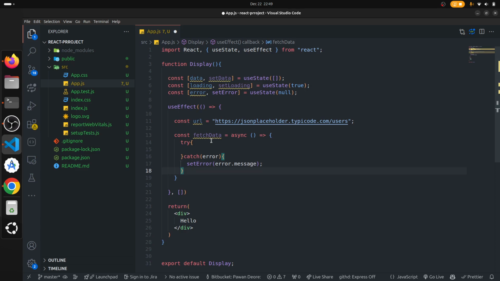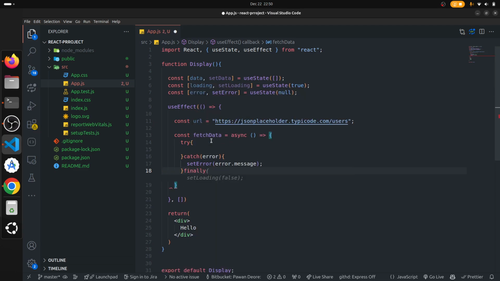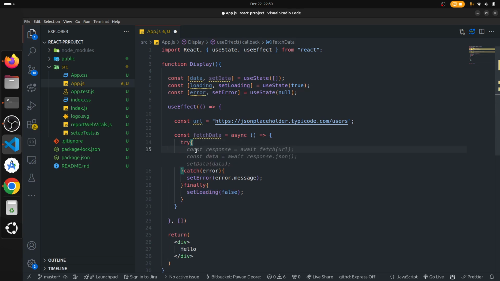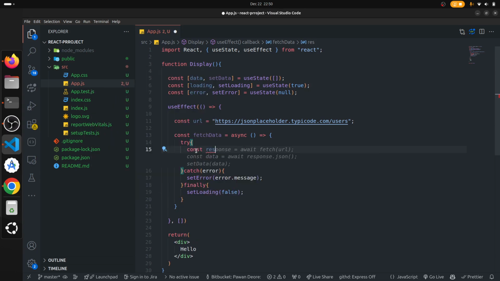And finally, we need to set loading equal to false. Once everything happens, we need to set loading to false to indicate that this operation is over, right? So in try we will make this request, so const response